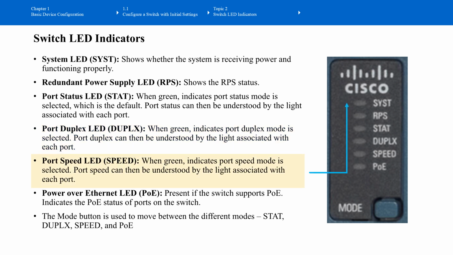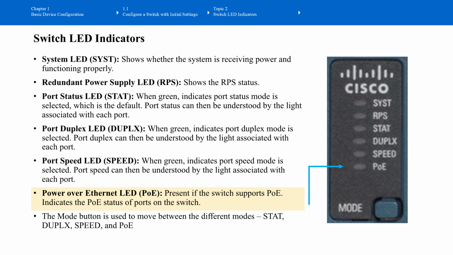For the port speed LED, just called speed here, if it is green, it indicates the port speed mode is selected. The port speed can then be understood by the light associated with each port. The Power over Ethernet LED, for the PoE, is present if the switch port is PoE, and indicates the PoE status of the